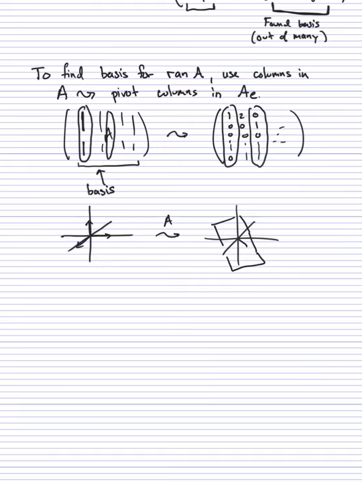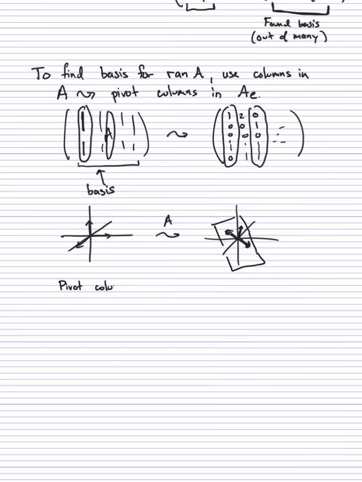Under A, they'll go to three vectors, which are now spanning a plane. So there's going to be some linear relations between them. The entries of A are exactly these images, and when you find out which columns have pivots and then choose those, you're exactly choosing a subset of the vectors which is linearly independent and still spans the image. So you can check that